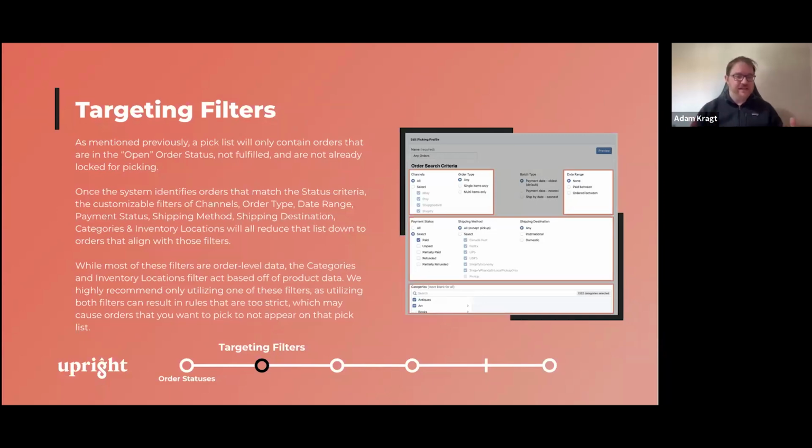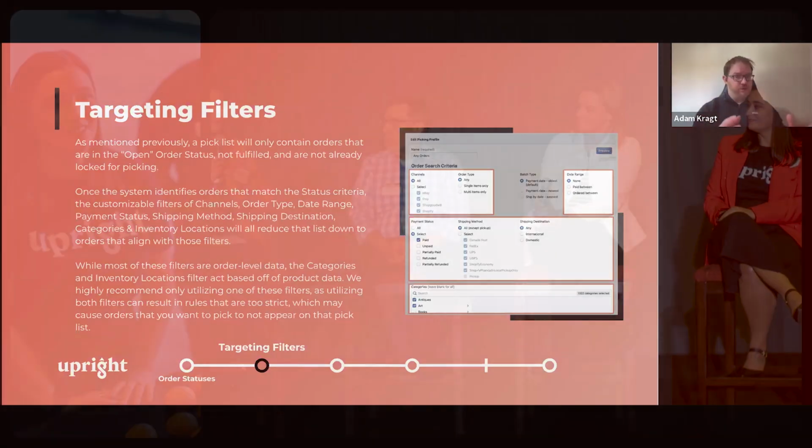Once the system identifies those orders, it will then match them to the customizable filters that you define of channels, order type, date range, payment status, shipping method, shipping destination, categories, and inventory location. That will reduce the list of eligible orders down to orders that only align with those filters. While most of these filters are order level data,